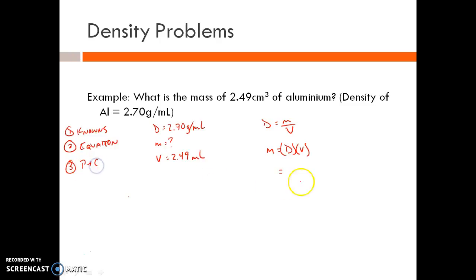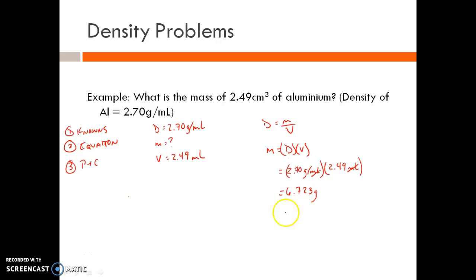And so now I can plug in my numbers and chug them out. Plug and chug. So I have my density as 2.70 grams per milliliter. Notice I'm using my units, because my units shall set me free. 2.49 milliliters. Milliliters cancels out. I'm left with grams, and that's something that we measure mass in. So when I work out this math on my calculator, I get